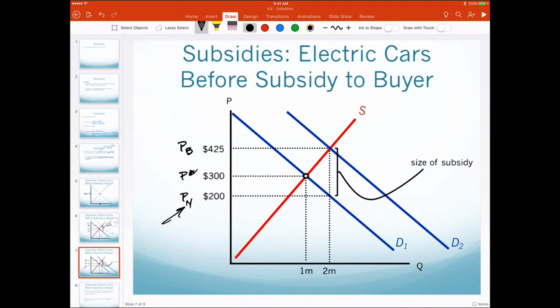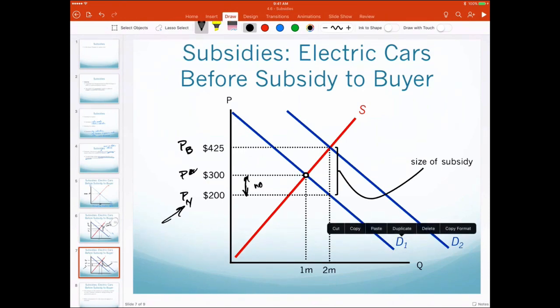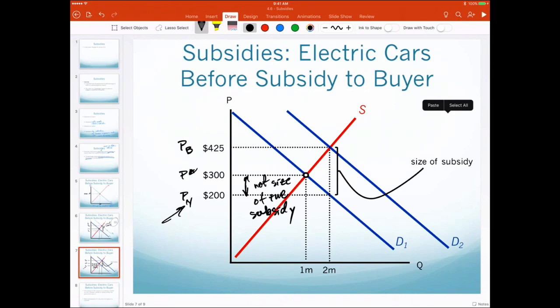Right? And again, the same thing is coming into play here. Buyers and sellers will share a subsidy, right? So the buyer doesn't get to gain all of that subsidy. He shares it with the seller, and we can see it here on this diagram, right? The difference between here and here is not the size of the subsidy. This whole distance is the size of the subsidy. So subsidies, even though the buyer gets them, end up helping both the buyer and the seller. Okay? So just like with taxes, both of them share in it.